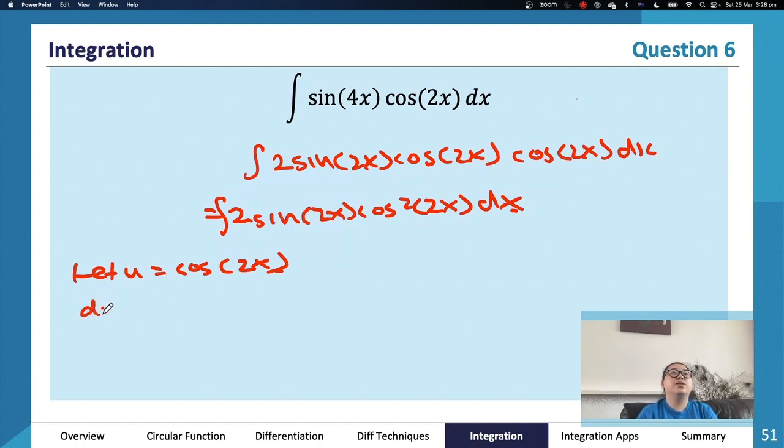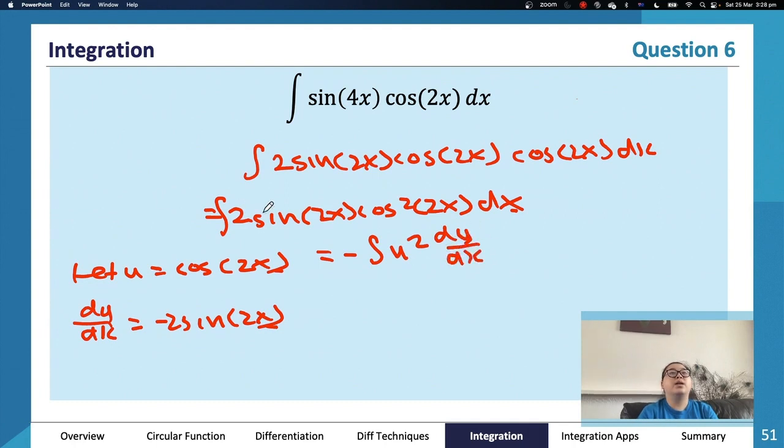So therefore du/dx is going to equal negative 2 sin 2x, right? We have the 2 already there, so we're happy with that. And then we just need a negative, so we can pop a negative out the front. And then we'll just have cos squared, so that's u squared du/dx, so our negative 2 sin 2x times our dx, right? So that's going to just give us negative u squared du,